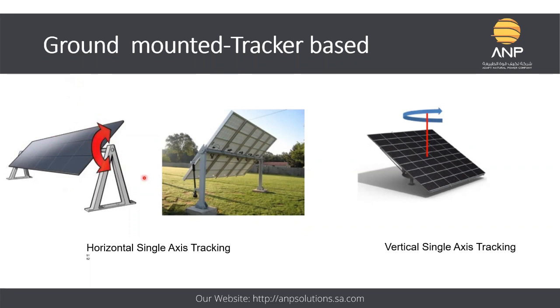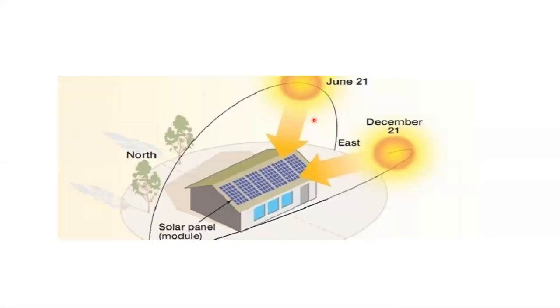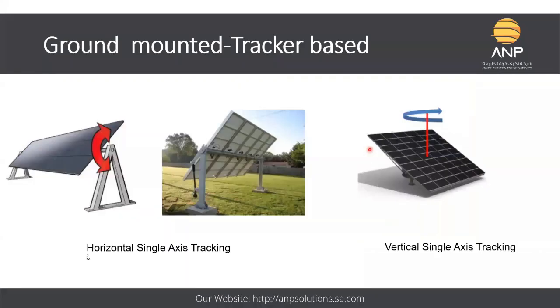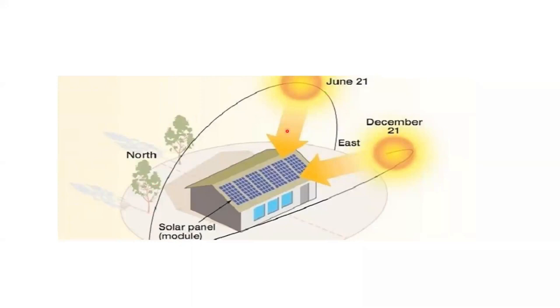So this is horizontal single axis tracking, and another type is vertical axis tracking. As I told you, you also have to follow the sun path, because the sun path is different in summer season and different in winter season. This can be adjusted by using single axis tracking, vertical type. Horizontal type of tracking will work for one day, but single axis vertical type of tracking will work seasonally. For example, in summer season, if the sun is following this path, the tracker will automatically adjust the tilt as per this.